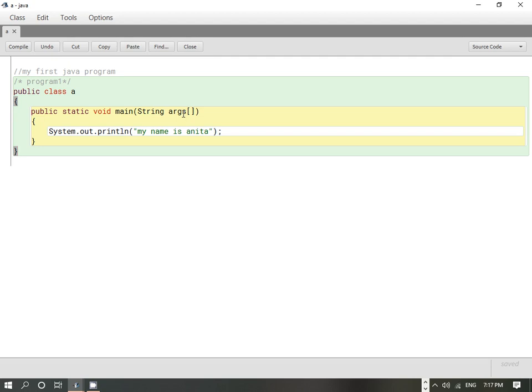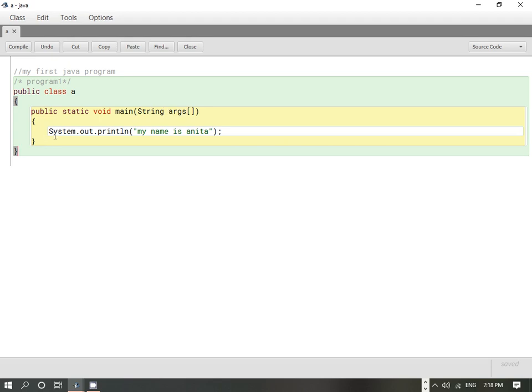That is why this is also called a command line argument. Whatever argument is passed will be stored in this. Later on in the programs you will see that we can pass some arguments directly to String args and we can get the output. So we call it a command line argument.